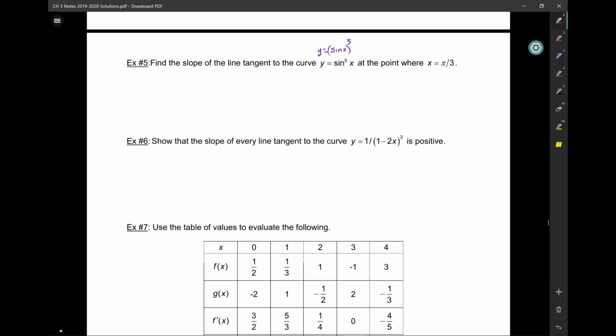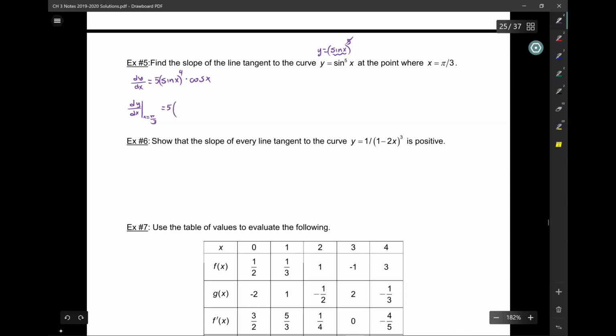So if I want the slope of the line tangent to the curve, I just want the derivative at that point. So dy/dx is 5 sine x to the 4, so now I did the 5, times the derivative of the inside, cosine x. Now I'm fine leaving it like this. I have to evaluate it at pi over 3. So now I say dy/dx evaluated at x equals pi over 3 is equal to